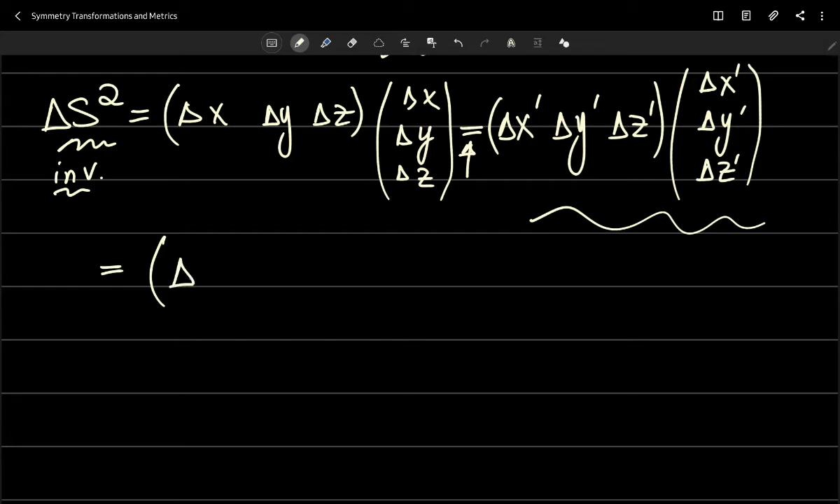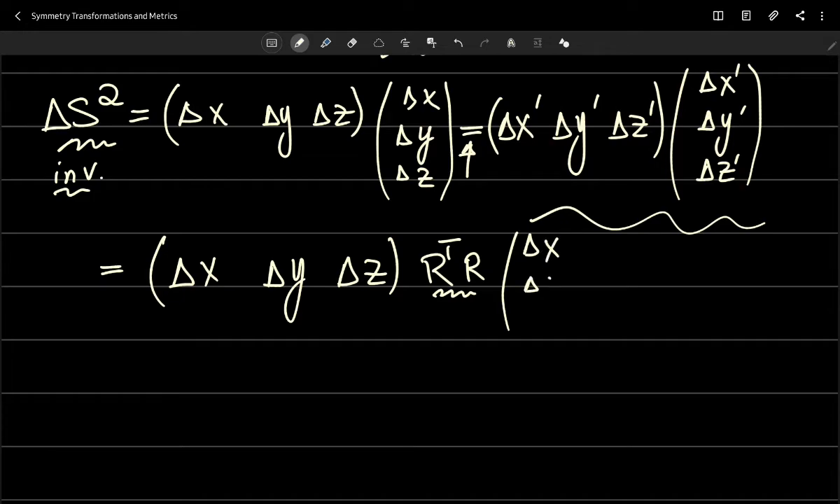simply equal to delta x, delta y, delta z times this R transpose R, which again note is a linear operator. R is a linear operator, and times delta x, delta y, delta z, right? Now from all of this, what we arrive at is that we have an invariant, that is a delta